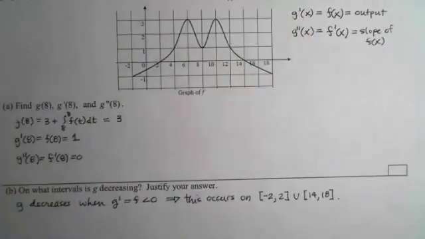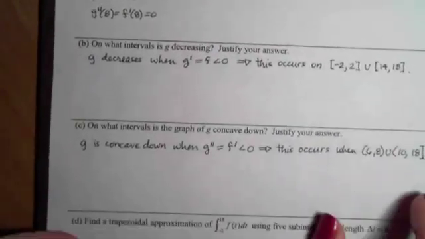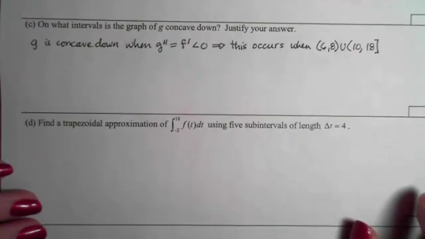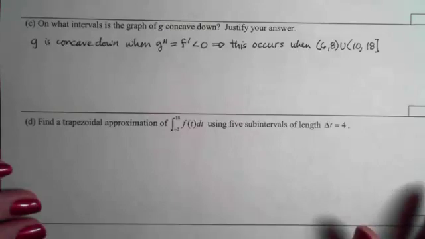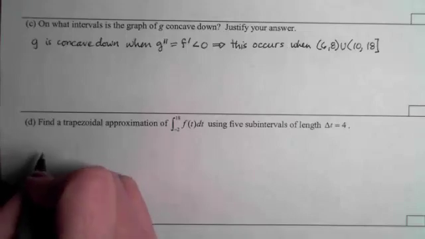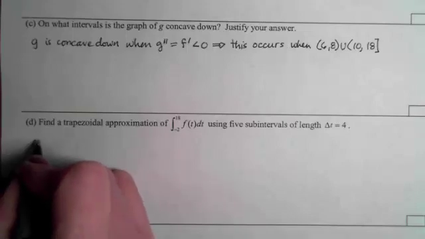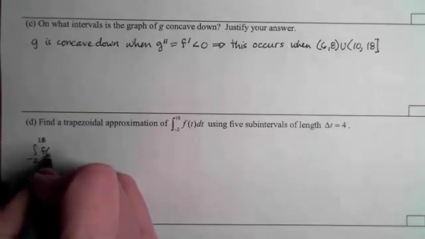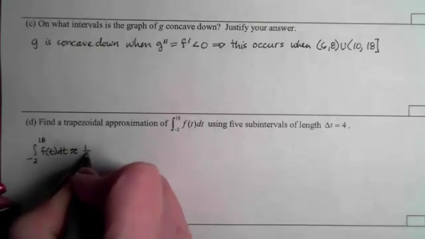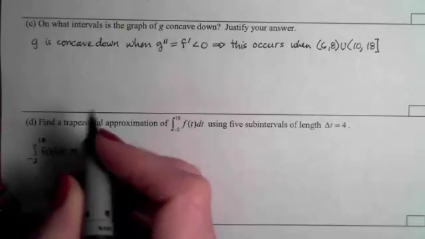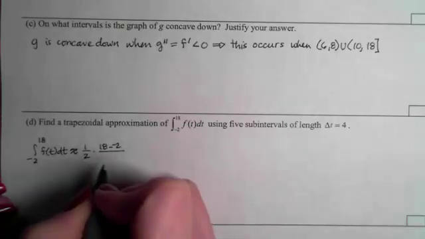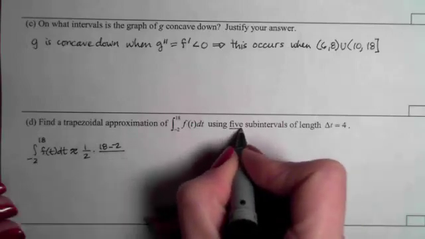It's still negative. Okay, last part, D, find a trapezoidal approximation using the 5 subintervals of length delta t equals 4. So we want to go from -2 to 18. Let's remember that if I'm approximating that, I will have 1/2 times (b minus a) over n, which is going to be 5,